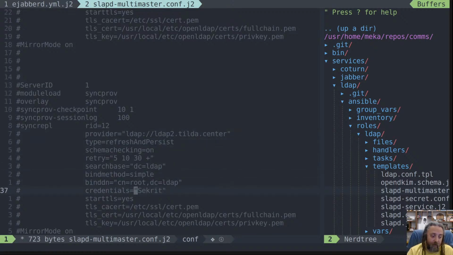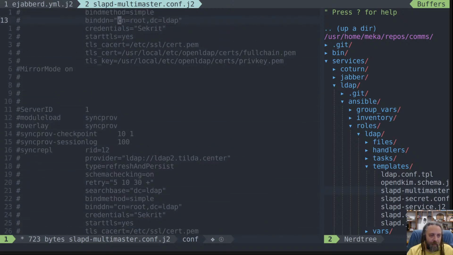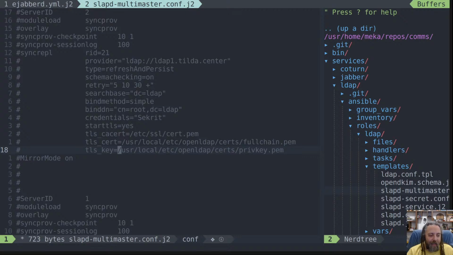Probably your credentials will be the same across your cluster, and this config. So this is how you configure multi-master for LDAP, and it's beautiful because I left it. I had an error in my